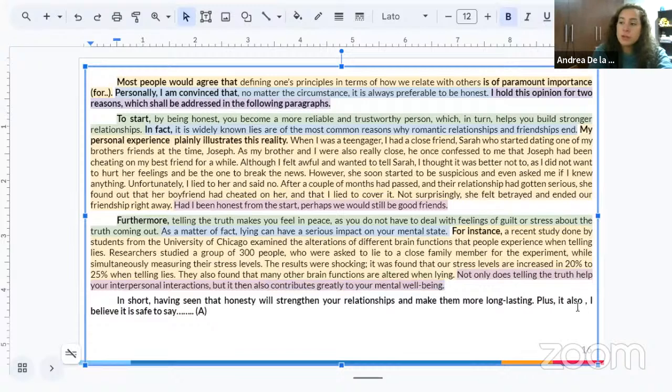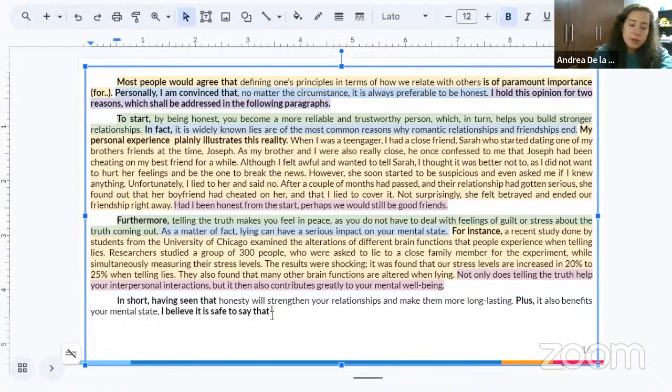So I want to paraphrase it a little bit. Plus, it also benefits your mental state. I don't know. I believe it is safe to say that. And finally here, we have to repeat our opinion or our answer one more time, one final time. So basically the answer to the question was, no matter the circumstance, it's always better to be honest. We gotta say the same here. But let's try to paraphrase it a little bit. So let's say, I believe it's safe to say that